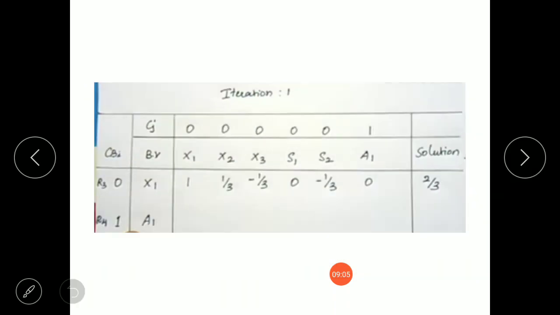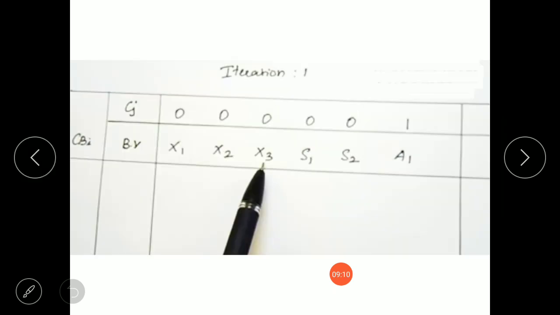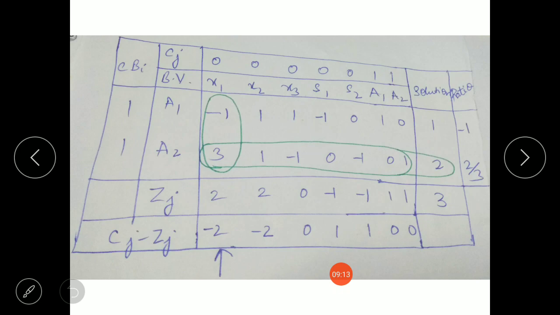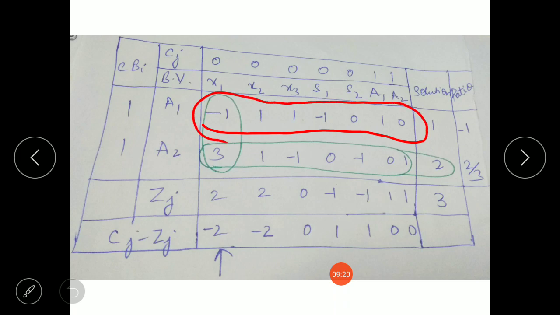So we are going to take all those values, and what is the key column value? Corresponding key column value. As you can see, for all the elements of the A1 row, for all the old values of the A1 row, the corresponding key column value is minus 1. So this is the key column, and the corresponding key column value is minus 1. If from all the elements you draw a horizontal line towards the key column, you will find minus 1 only. So this is the corresponding key column value.